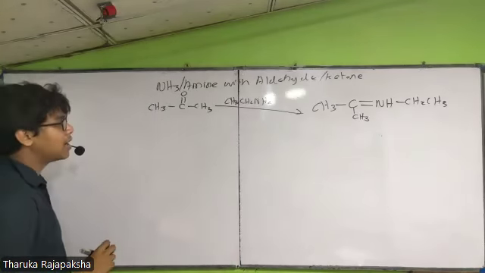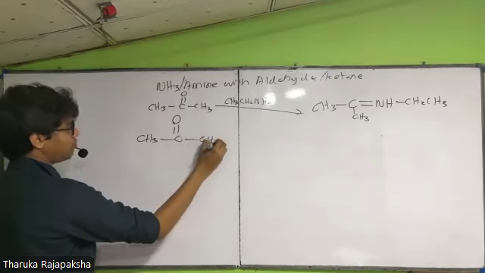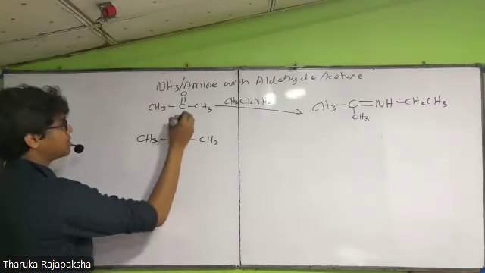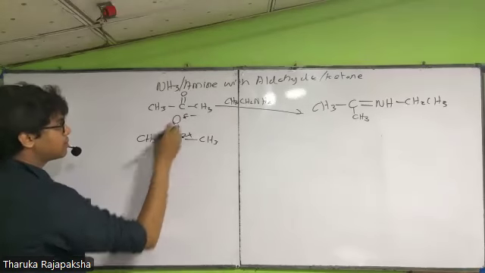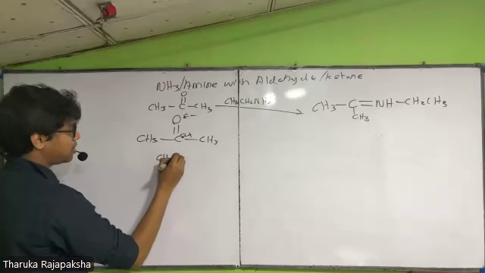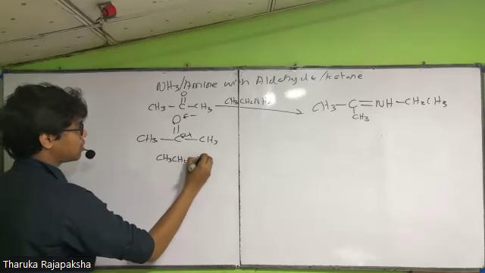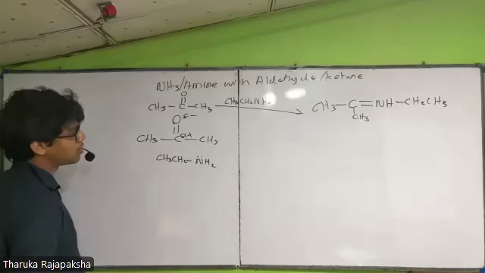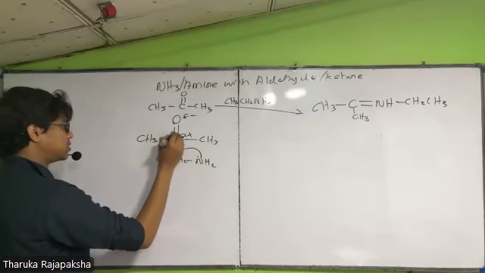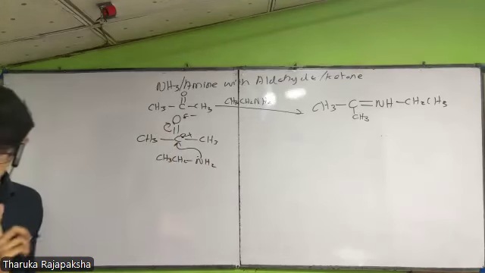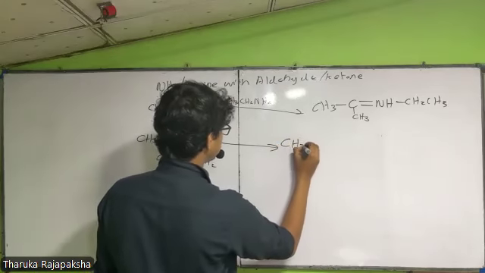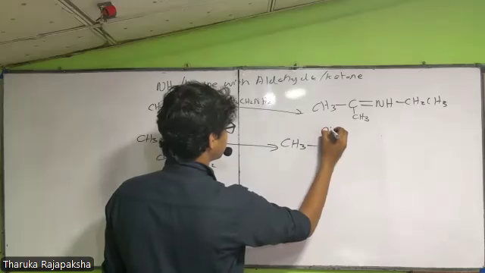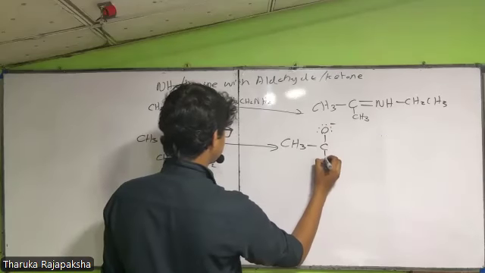This CH3, this acetone molecule will stay like this. So oxygen gets a minus charge, carbon gets a positive charge. So this imine CH3, CH2, NH2 will attack this carbon and this bond will break. Okay, that bond will break. And it forms this compound CH3, minus